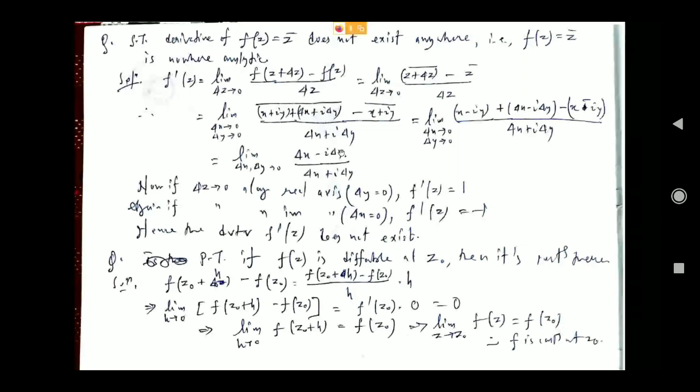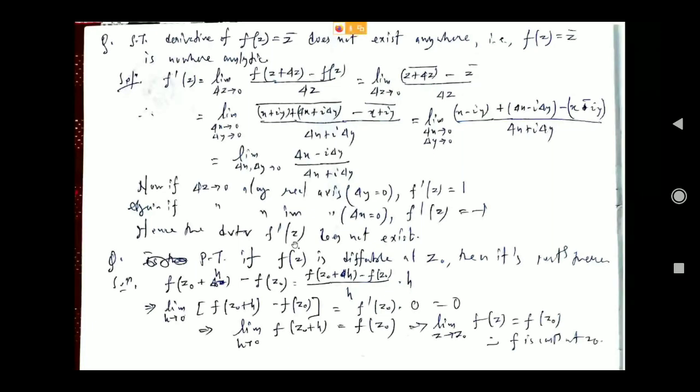So these are the two limits. When you approach 0 along the real axis, you get 1. When you approach 0 along the imaginary axis, you get minus 1. So that means the value of this limit depends on the path through which you are approaching 0. It's not unique. When it is not unique, definitely the limit does not exist. For the limit to exist, it must be the same whichever path you take. Therefore, since this limit does not exist, we have proved that the derivative of z bar does not